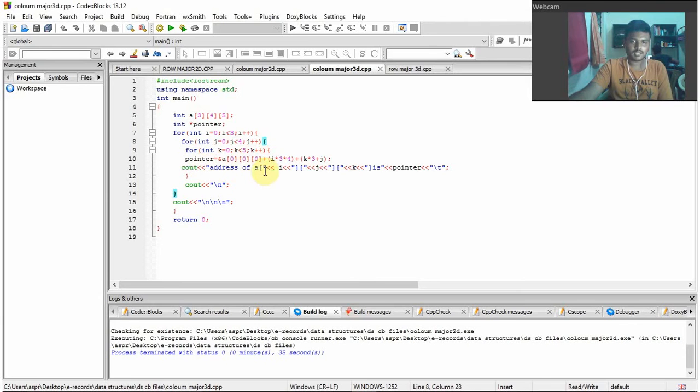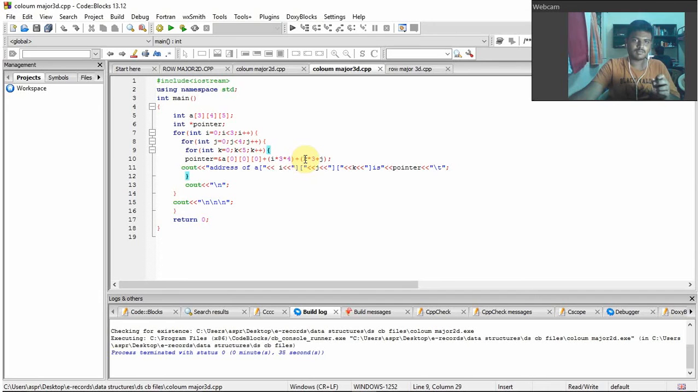The main formula is here. Consider an element in the second matrix. As we are dealing with a 3D array, there will be layers of matrices. First there will be one matrix, and behind that another matrix, which can be considered as matrix 1 and matrix 2. If you want the address of an element in matrix 2, we have to skip all the elements in the first matrix. In order to skip the elements in the first matrix, we use the formula i into 3 into 4, and to get the value in the second matrix,